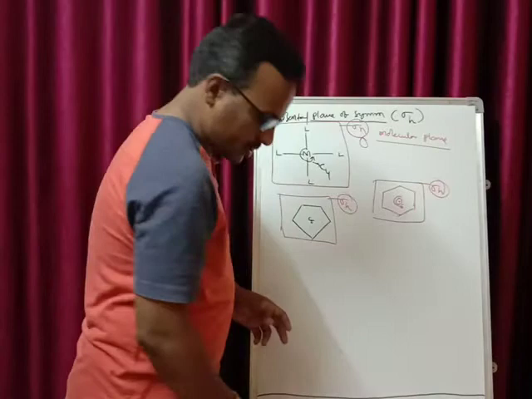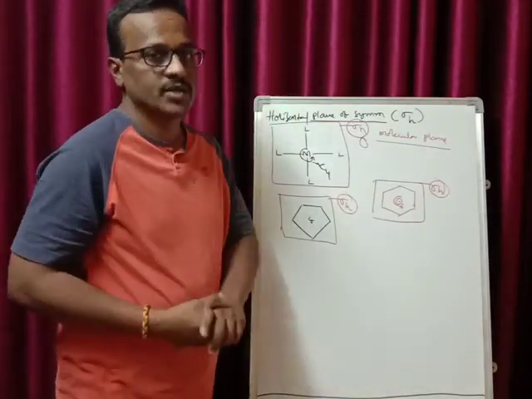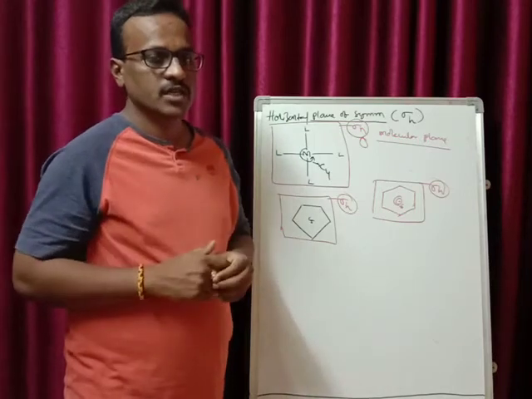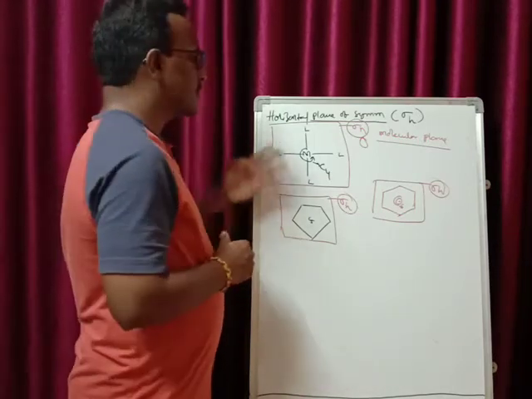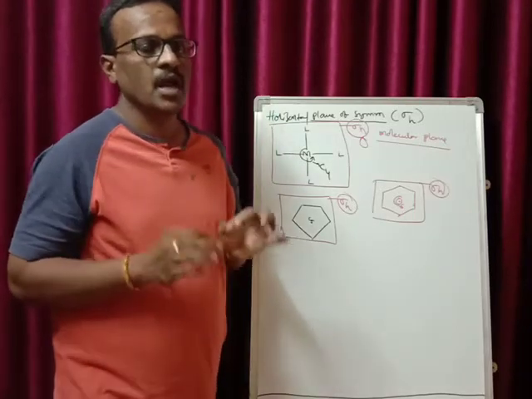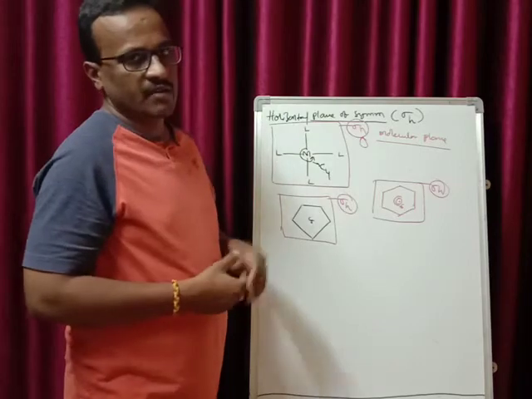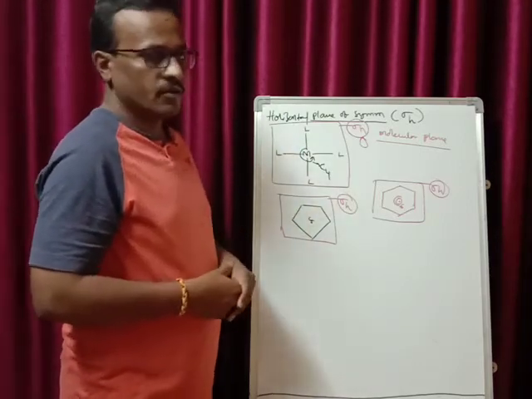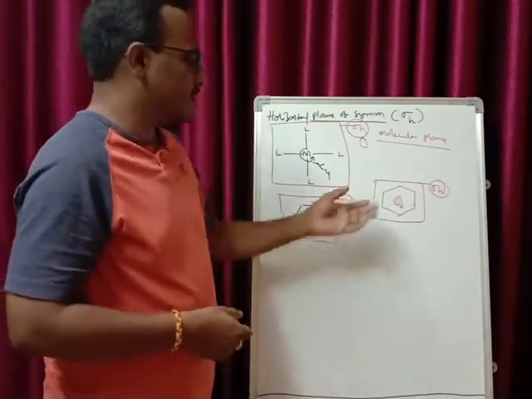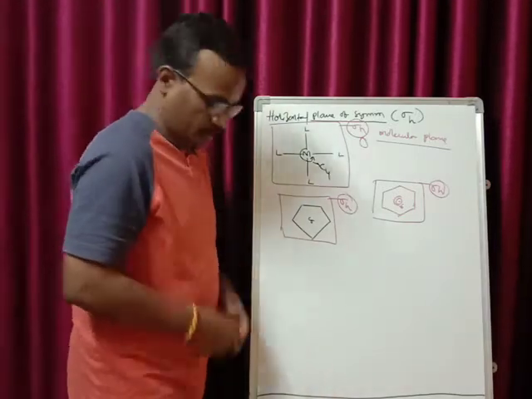So this is what regarding the horizontal plane of symmetry. All you have to remember is that the plane of symmetry must be perpendicular to your principal rotational axis of symmetry. This is the important condition regarding the horizontal plane of symmetry. If it is perpendicular to your principal rotation axis of symmetry, it is called a horizontal plane of symmetry. The best examples have been given: the BX3 molecule, ML4 complexes, cyclopentane, and the benzene molecule, where you have the horizontal planes of symmetry.